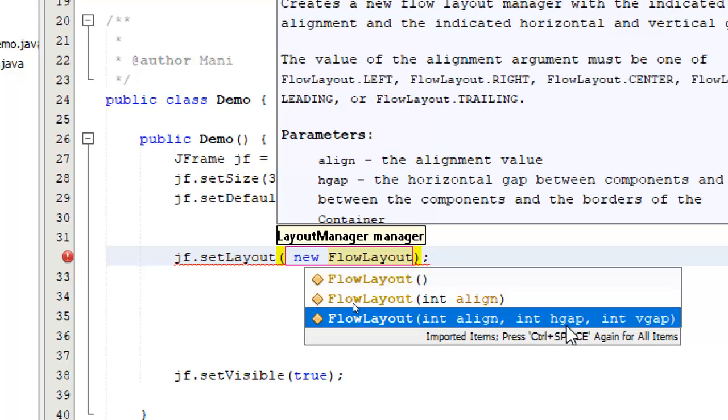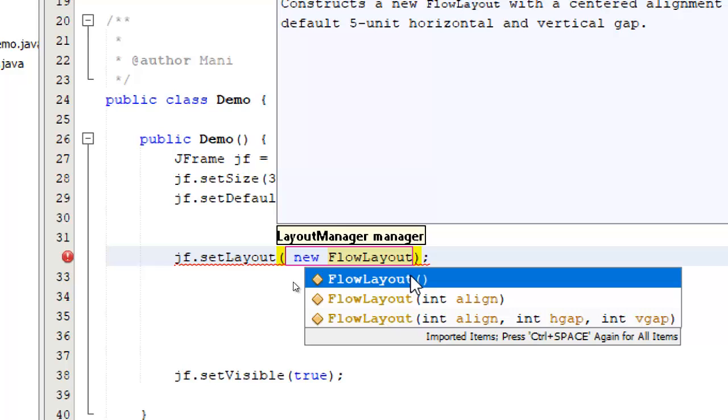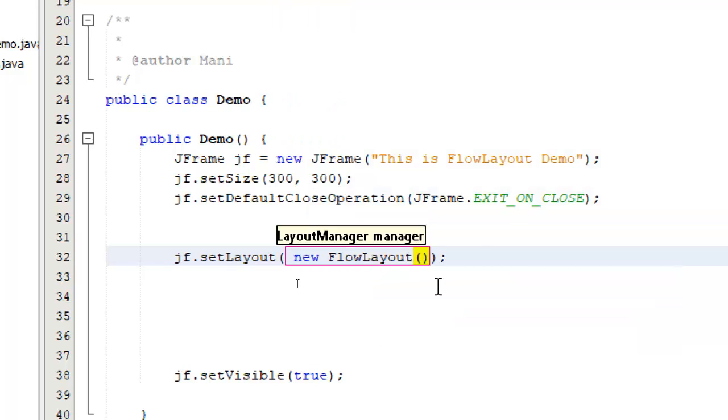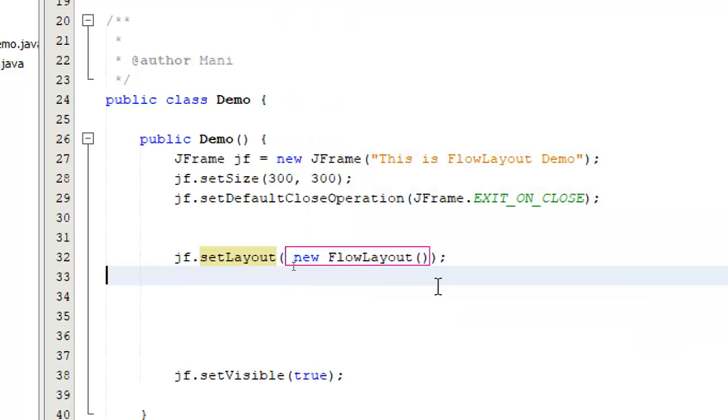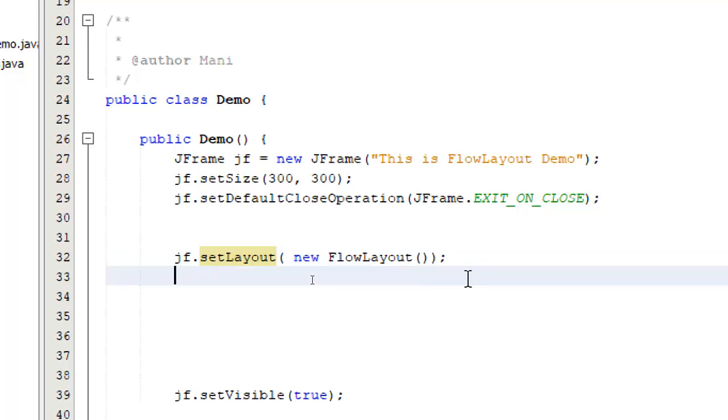Apart from that, I have the horizontal gap, that is space between the components, and then I have the vertical gap, that is space between the components vertically. I'm going to start with the simplest one, that is the flow layout without anything. Okay, so once I've set this particular thing here, what I can do is I'm going to go and add